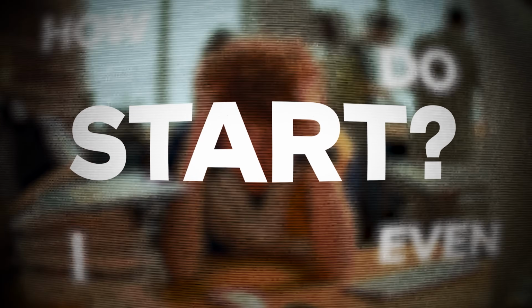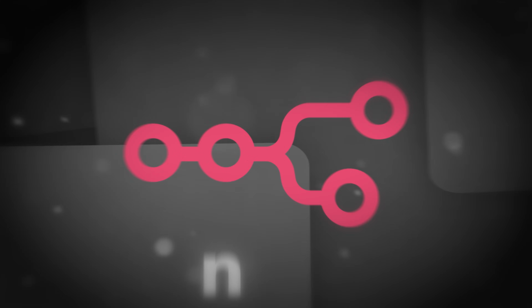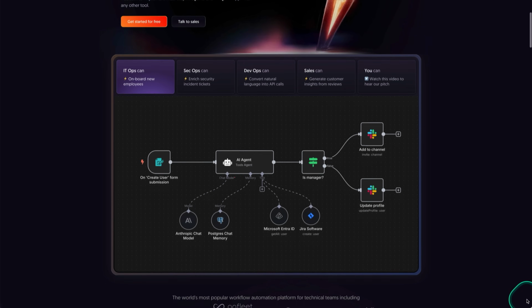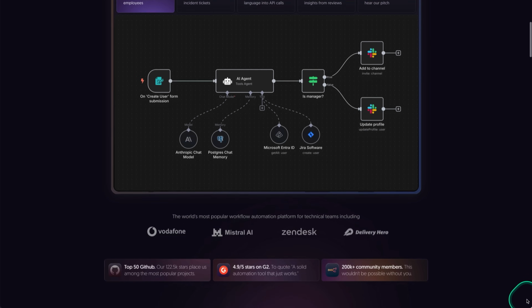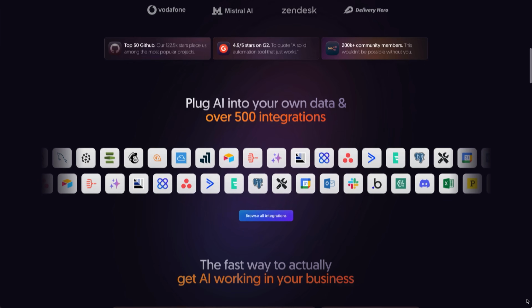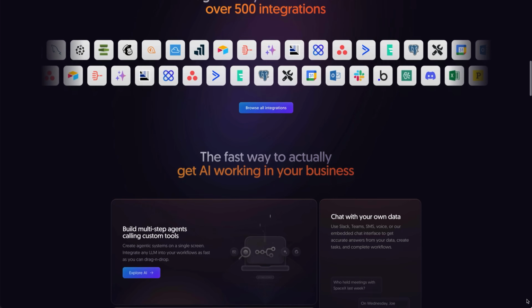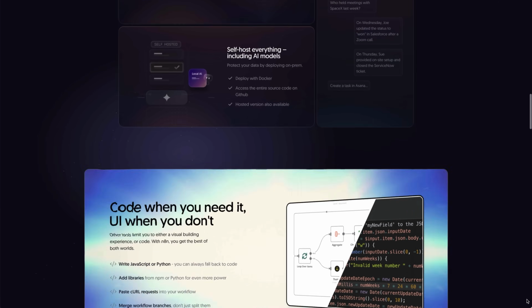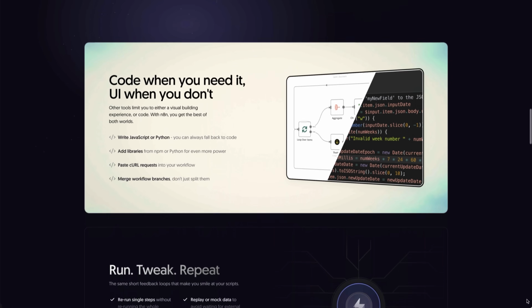But the question is, how do you even start creating and building these AI agents? Well, the most popular platform is called n8n. n8n is an open source workflow automation tool that allows users to connect apps, services, and APIs with a visual node-based interface. It enables automation of tasks, data processing, and integration between different systems without coding, offering flexibility and customization